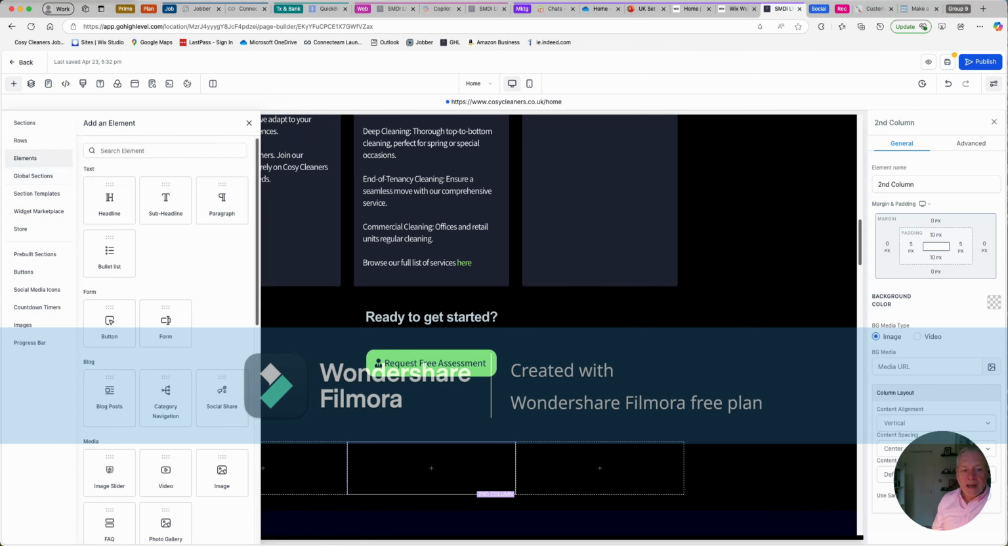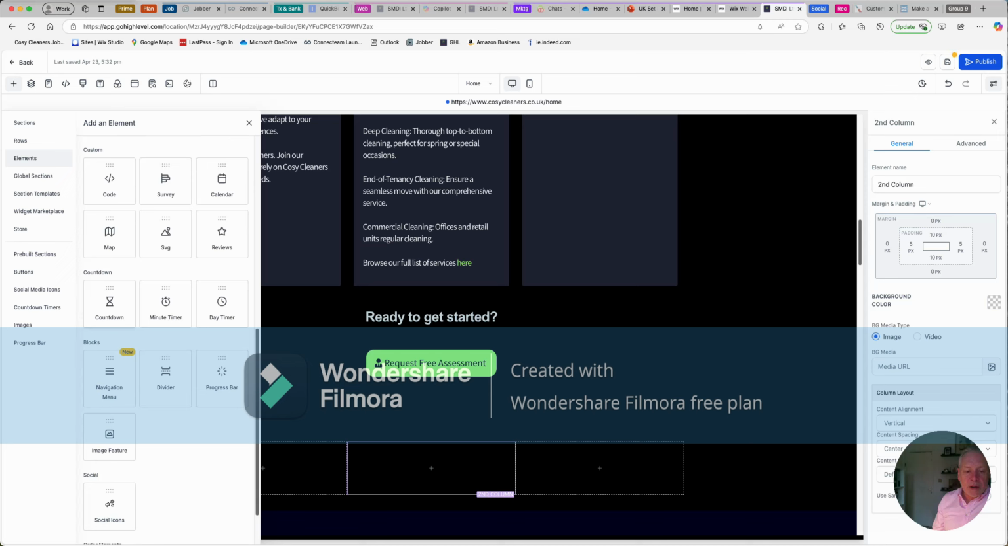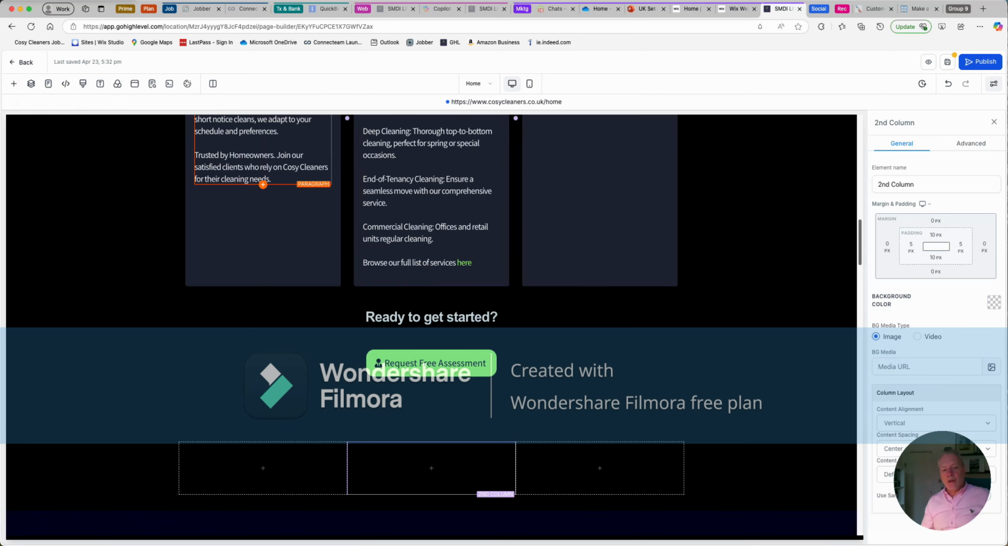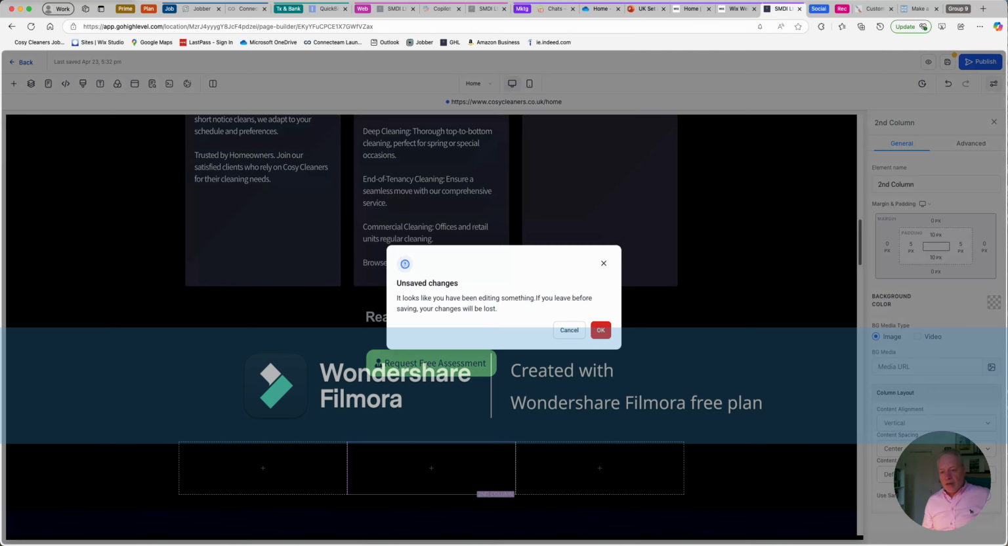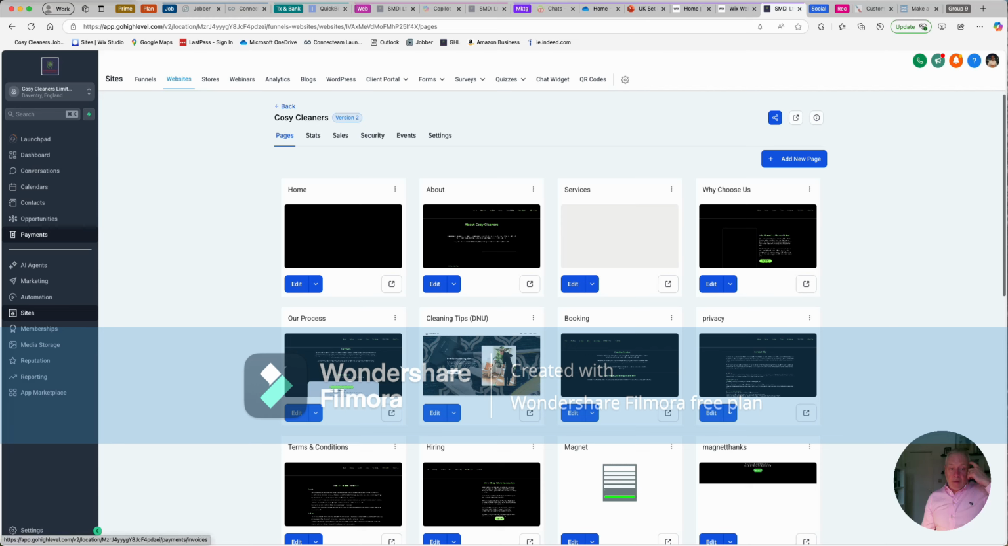And elements, which is where we've got all the key things that we can add on here, like a button, a blog post, an FAQ, insert some code, navigation menus, etc. So it's a slightly different layout, but if you can use one, you can use the other. The reason we went with this, and I'll come back to Wix in a minute, is that we wanted to use some of the other marketing